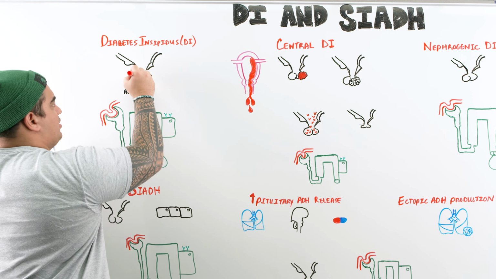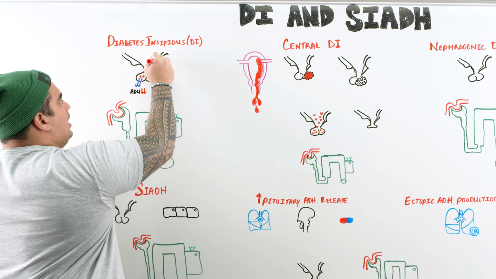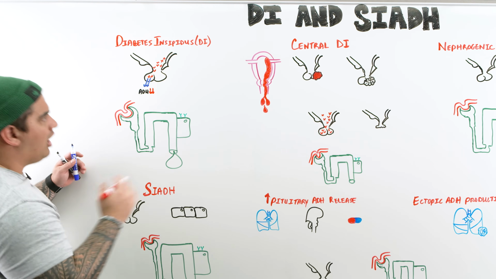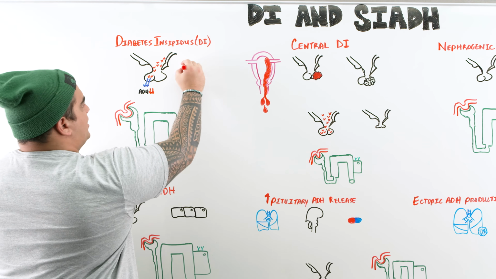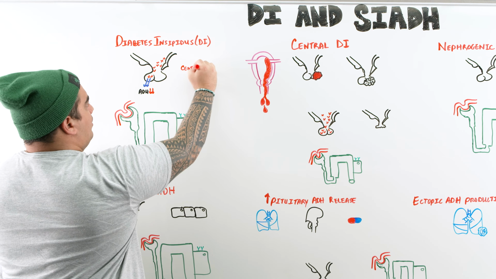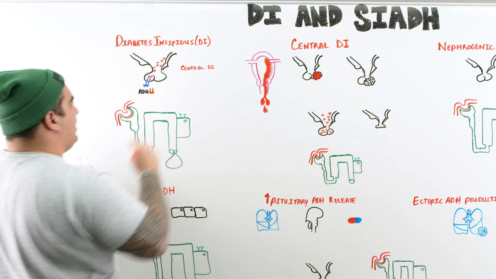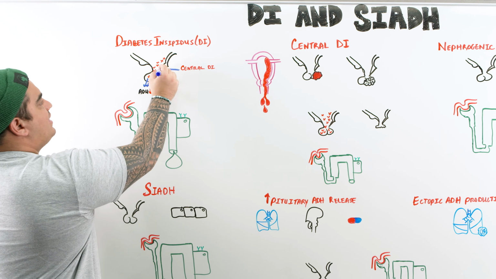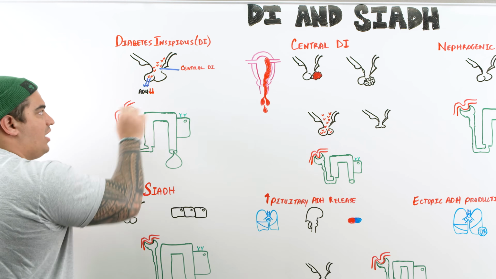That's usually the reason why. So maybe there's some type of dysfunction in the posterior pituitary or in the hypothalamus. And we'll talk about a little bit of that. But what we call this is we refer to that as central DI. So it's a diabetes insipidus that is central in origin, meaning that in this disease, there is a reduction in